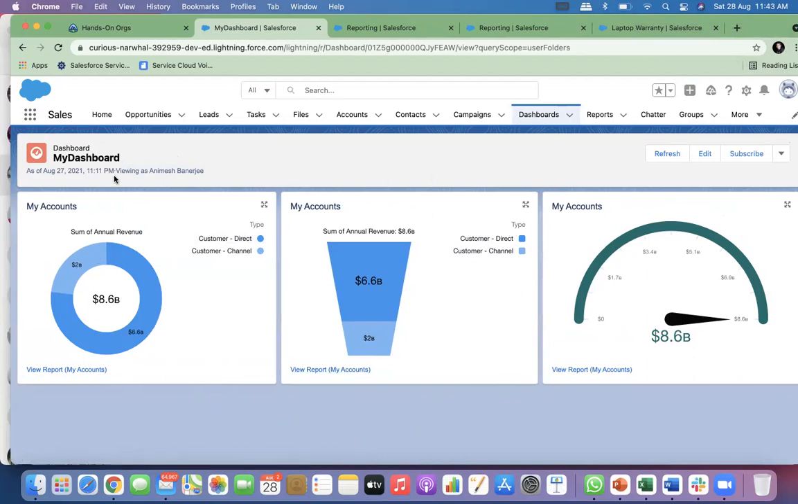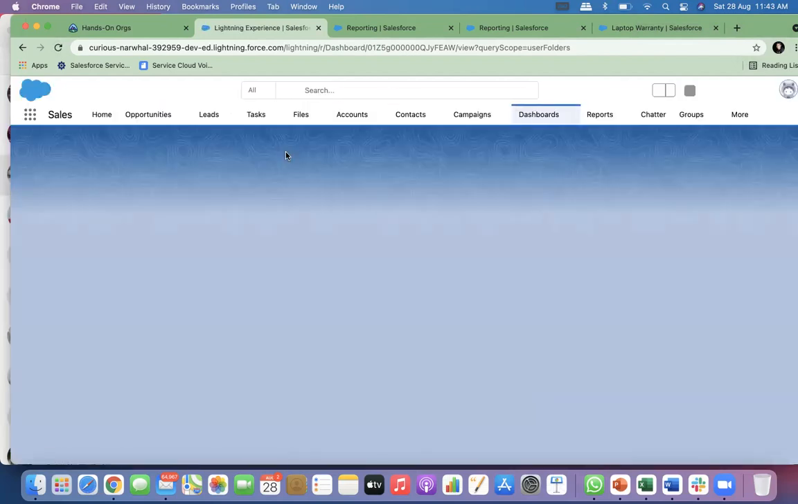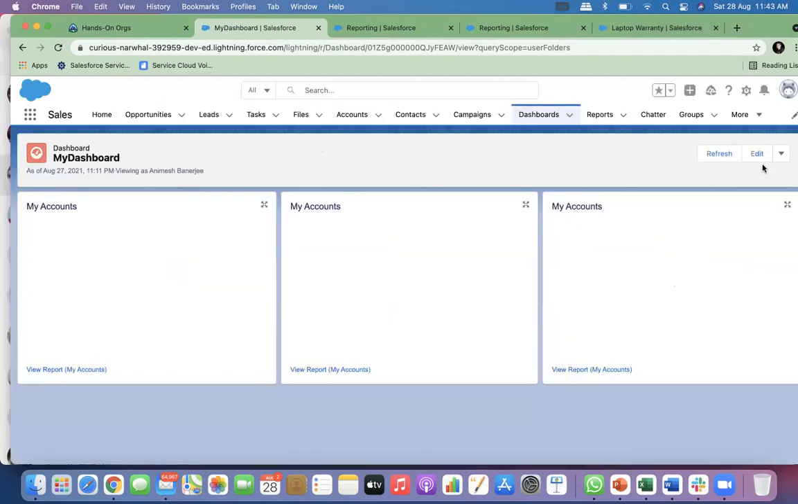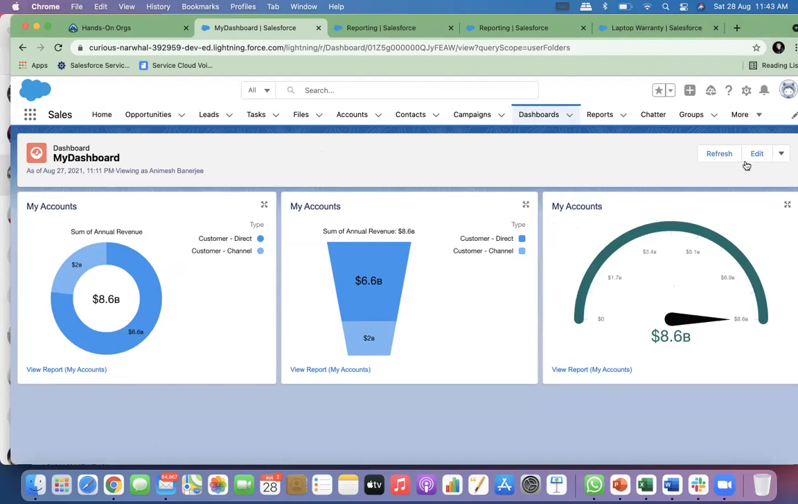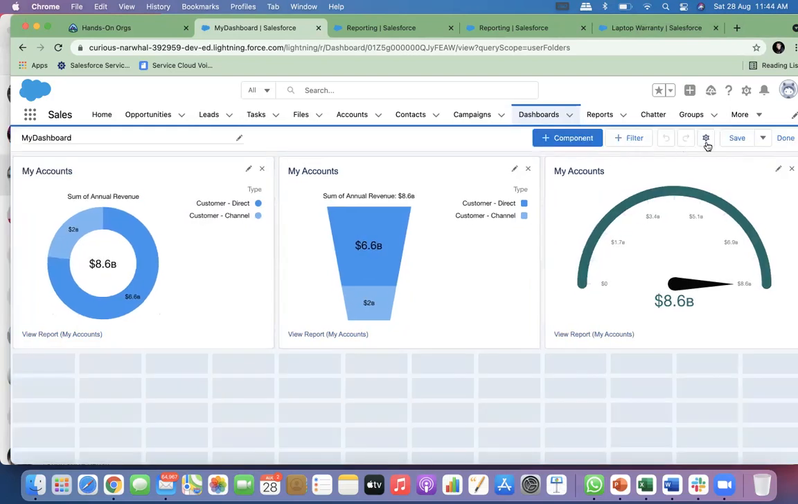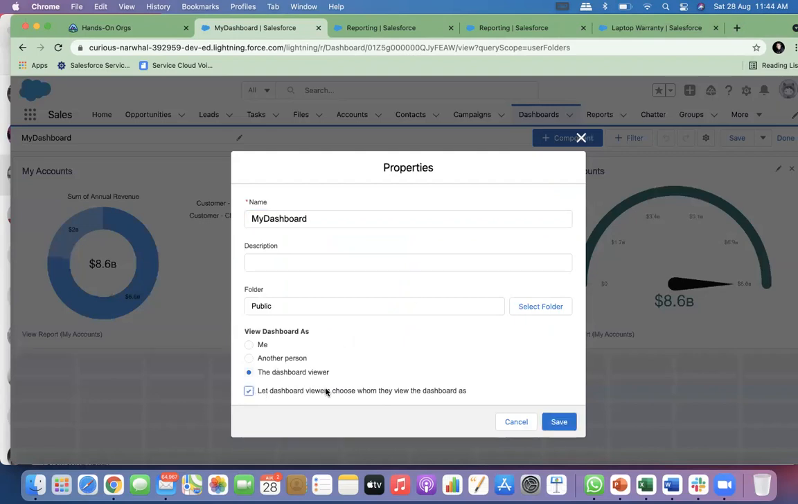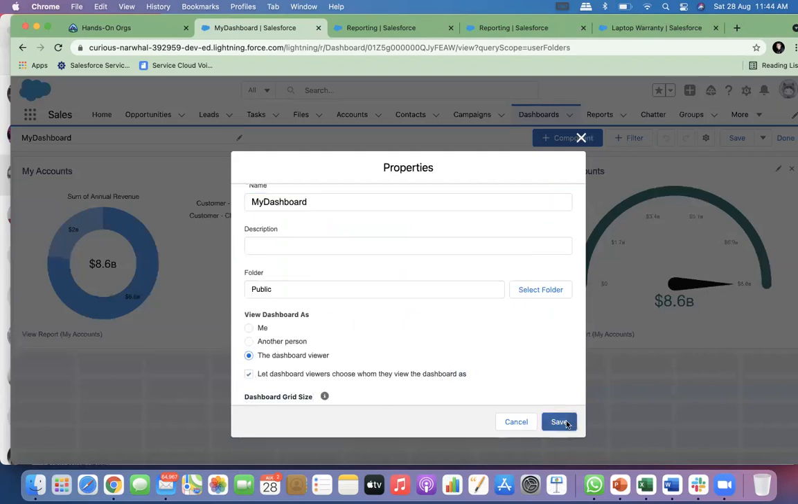But if you create a dynamic dashboard like this, you cannot subscribe. This cannot be subscribed because it cannot be scheduled, right? It cannot be scheduled because it is a dynamic dashboard. The subscribe button is gone, right? You can also allow people to change this view user, so they can see the dashboard as some other user also. If that is what you want to do, you can let viewers choose whom they view the dashboard as. If you save this,